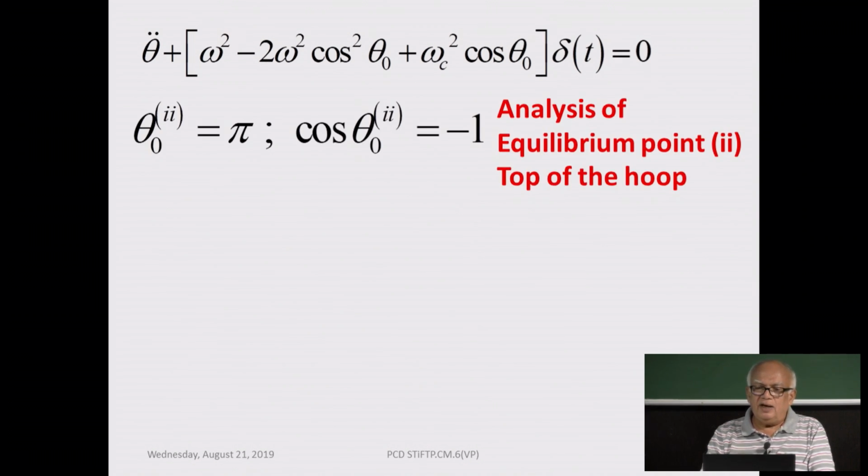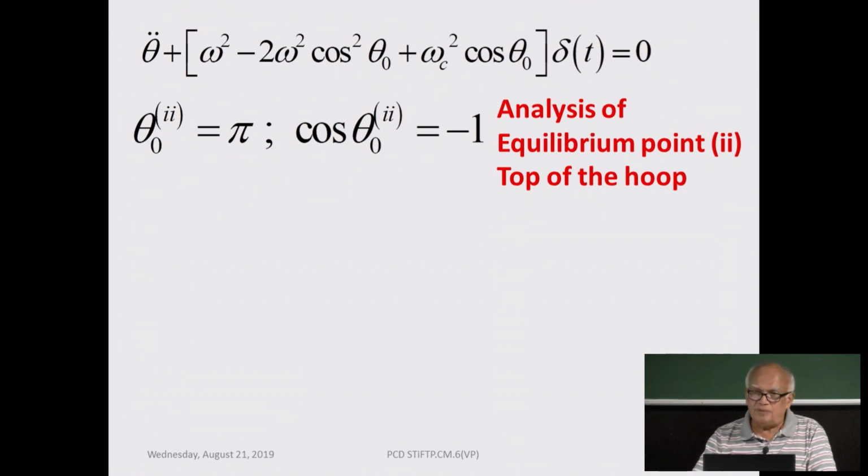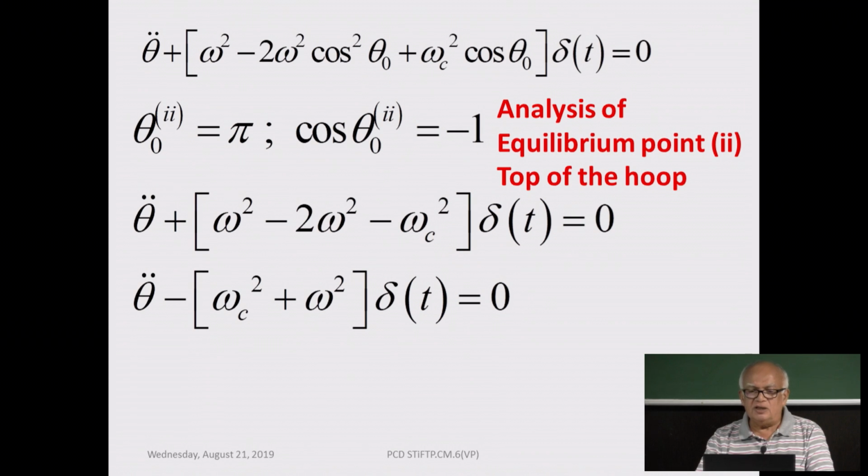Okay, so, let us look at the nature of the equilibrium at the top, which is theta equal to pi. This is the second equilibrium point, which is denoted by the superscript 2, and here cosine theta is minus 1. So, you go ahead and put the value of cosine theta 0 equal to minus 1 in the equation in the first line, and the square of minus 1 of course is plus 1, but in the third term you have got cosine theta 0. So, you get a minus 1 multiplying omega c square, and that is an important term, because what it does is it gives you this relationship,